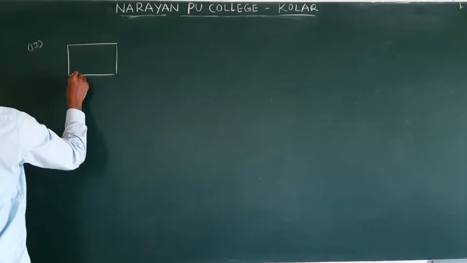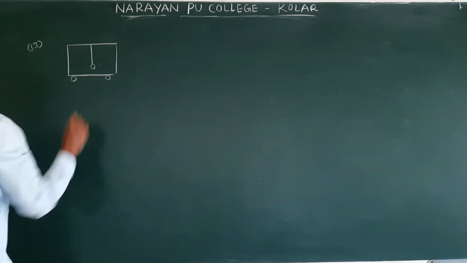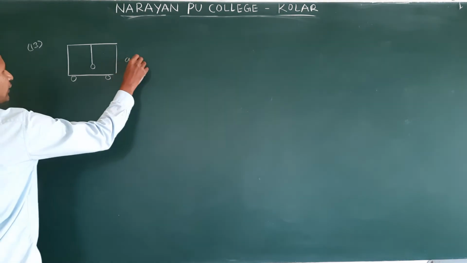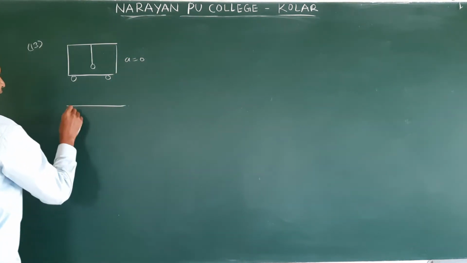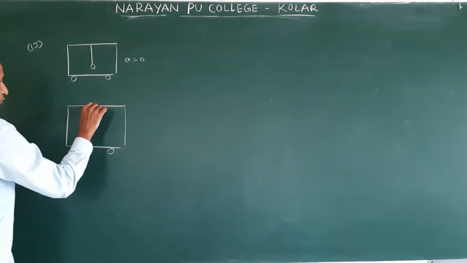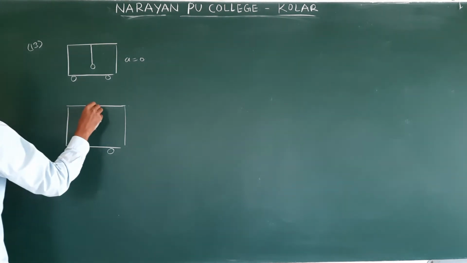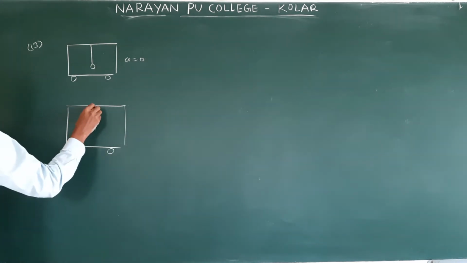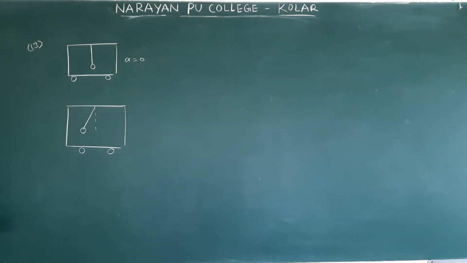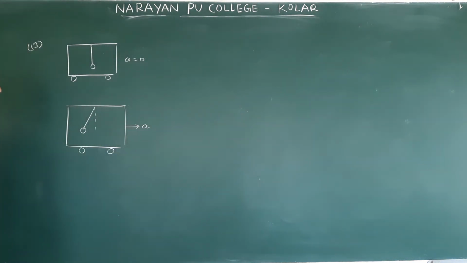Imagine this is a car. Actual situation is this. Okay? When it is not accelerated, there is no acceleration. When it accelerates, then what will happen? Car will accelerate. This is actually the initial position of this bob and string. And as it accelerates, this car moves front, then the bob will become like this. Clear? So now this car is accelerating with a.